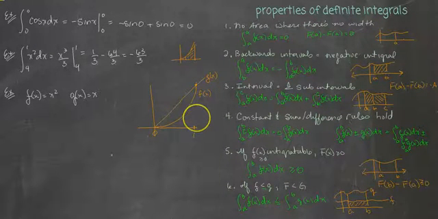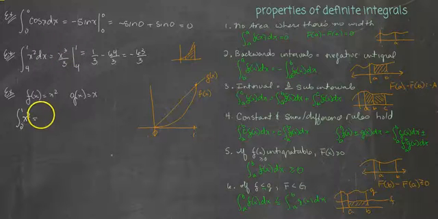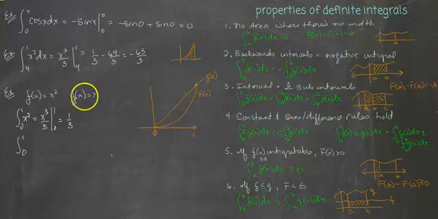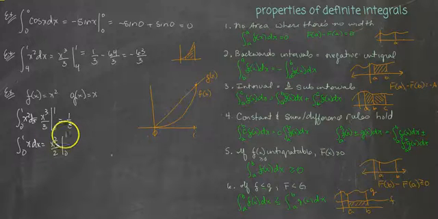So let's calculate these antiderivatives. The antiderivative from 0 to 1 of x squared equals, well, luckily we already know what that is, x cubed over 3 evaluated from 0 to 1, which is 1/3 minus 0, so it's 1/3. The integral from 0 to 1 of x, I left out my dx, didn't I? dx equals x squared over 2 from 0 to 1. So we're looking at 1/2